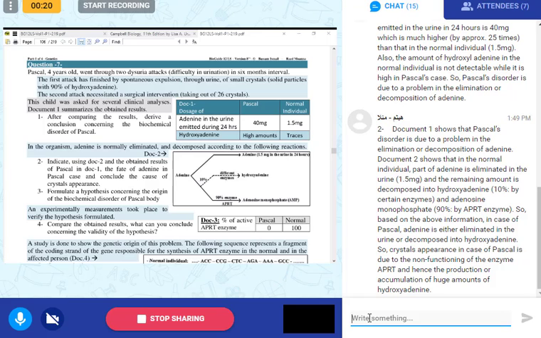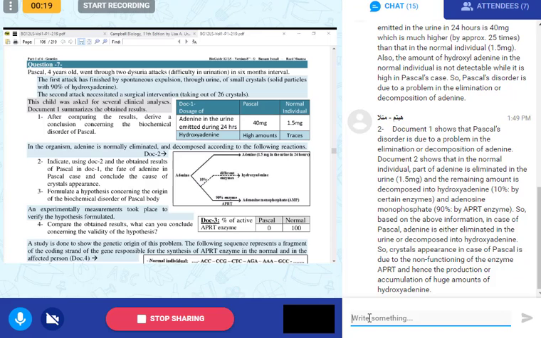Okay, so the enzyme is not working, so most of the adenine either remains as it is, 40 milligram, or is converted to hydroxyadenine. Meaning it is all because of the enzyme. Exactly. The enzyme here is not working. That is the conclusion: all the adenine is either eliminated as adenine or as hydroxyadenine. So there was a mutation originally, which is why the enzyme cannot work. This is what you are hurrying to say now. You are predicting the result or the cause before we do any testing.